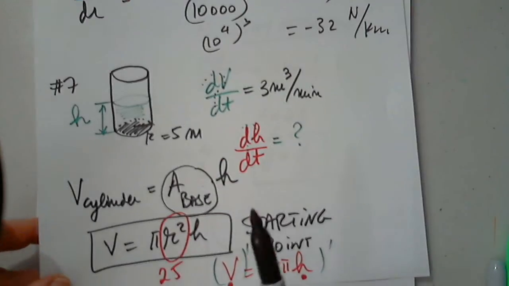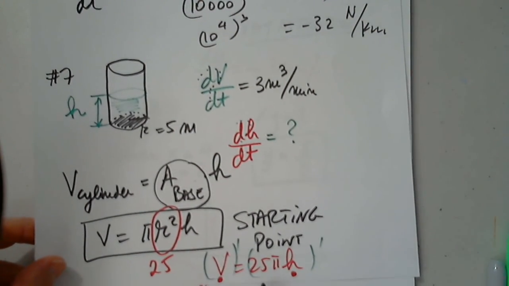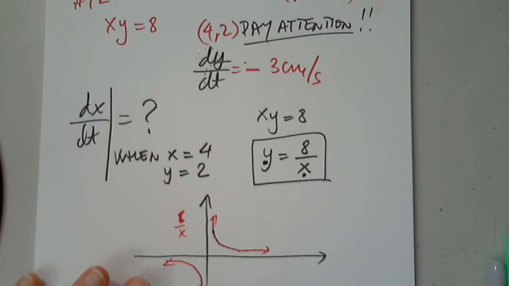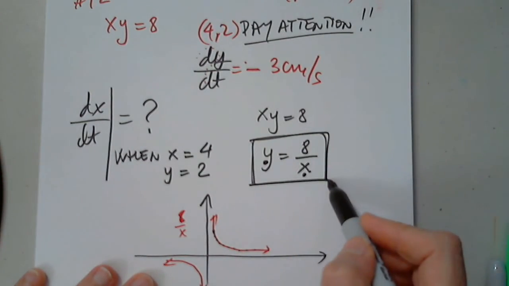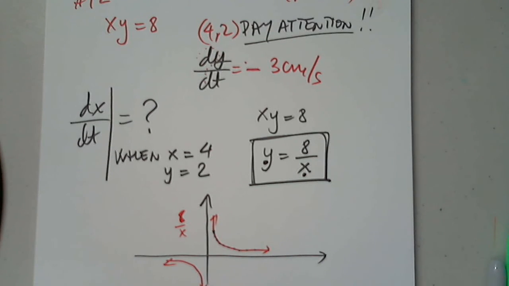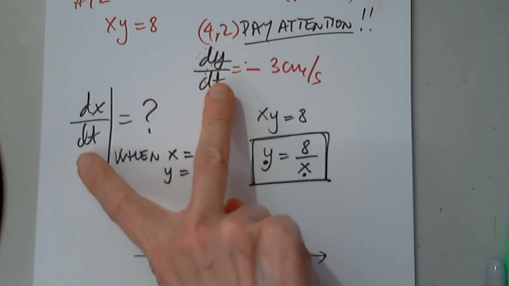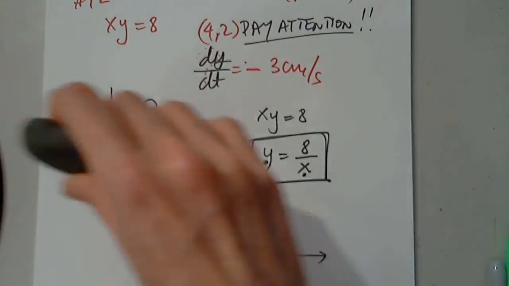So here I had to come up with this and then differentiate. But here I don't have to. I already have it. So what do I need to do next? What is my next step? You plug in 4 and 2. I cannot. I'm asked to find a relationship between these two, and then